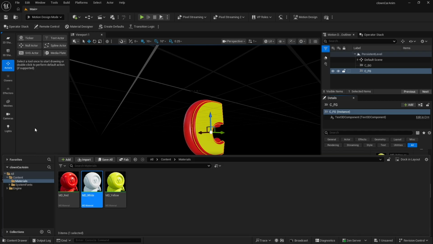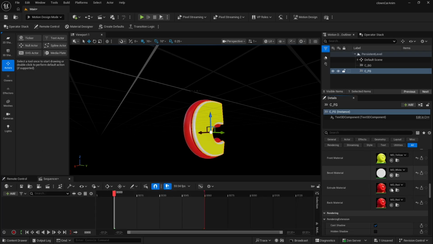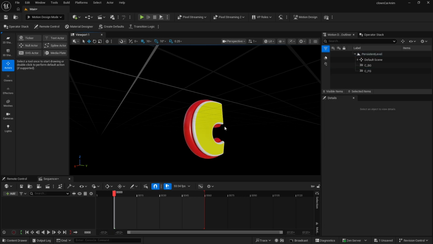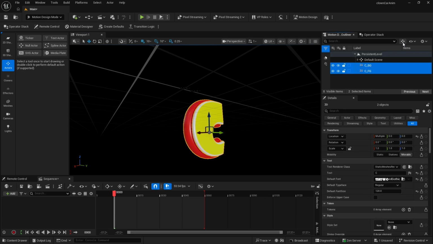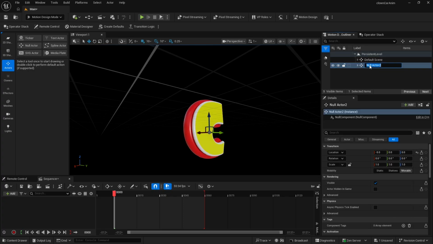And of course, you're welcome to experiment with these and see what you would like to create. And so I think that'll work for right now for this design of this text. Now I need these to stay together, so we're going to wrap them up into a null object. So I'm going to select both of them and then just click our null object right there. That's going to group those two together. And I will just label this